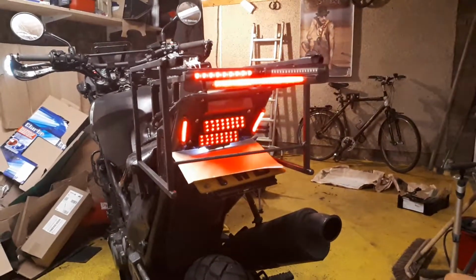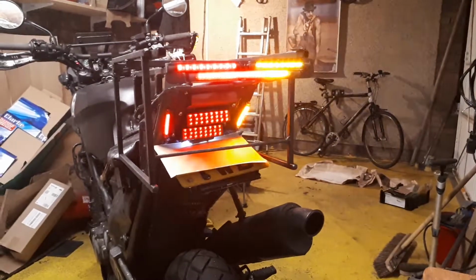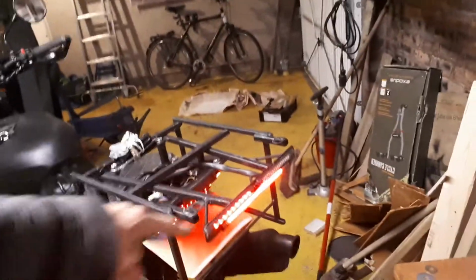If you can imagine that thing with panniers and a bag on the top, it means that unless you're really close to it, you're not going to see it. But with this extra layer of lights at the back, it means that on the motorways everybody's going to be able to see it. The other thing I've done whilst I've got the lights on